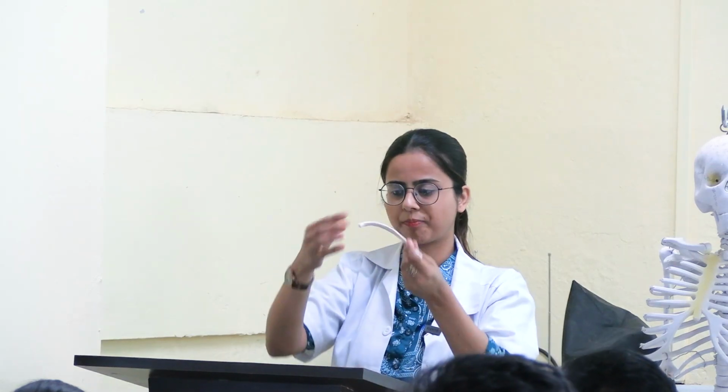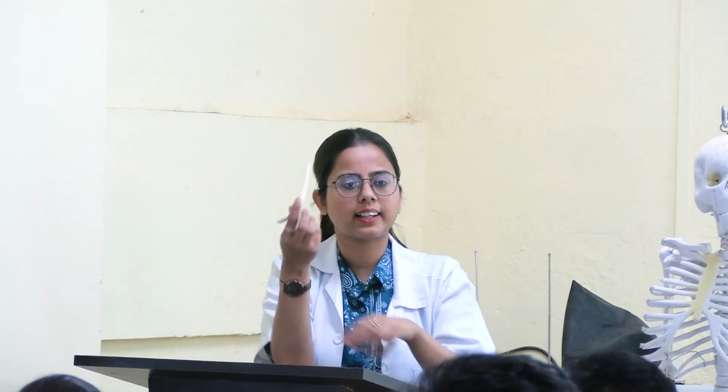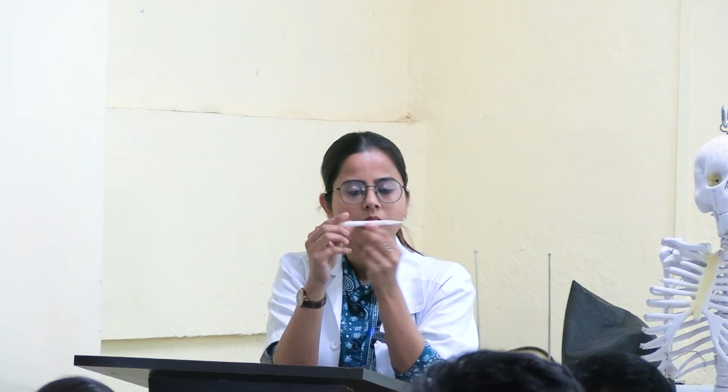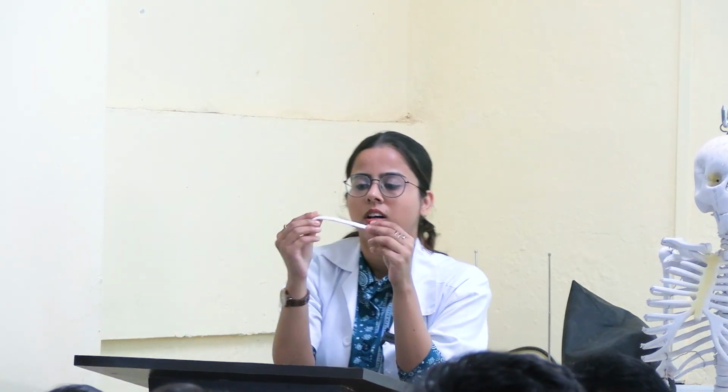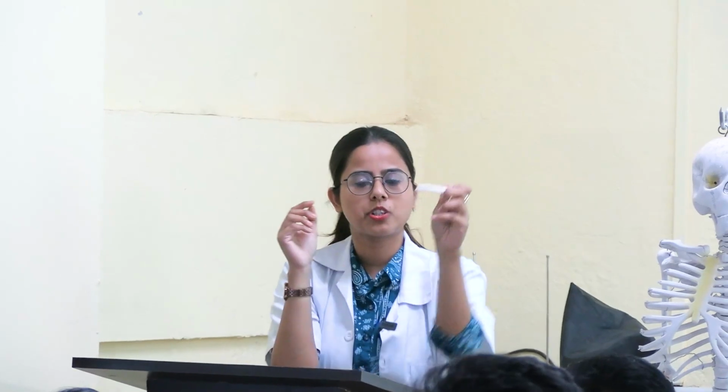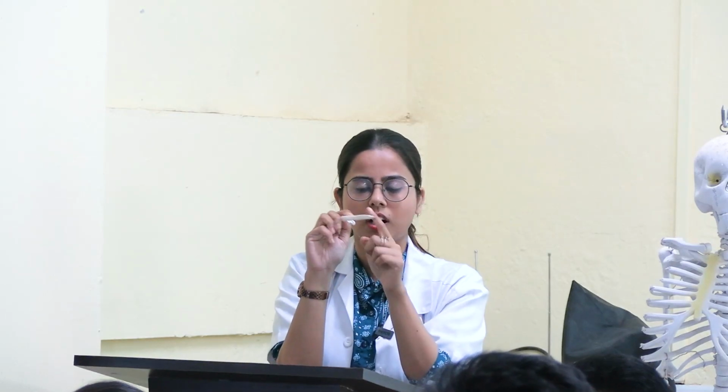Now 12th rib. This is your 12th rib. Again, you can understand that it is smaller as compared to the typical rib. The anterior end is pointed. It has no costal groove. In the 11th rib, the costal groove was shallow, but the 12th rib has no costal groove. Shallow means less deep. And it does not have any tubercle, no neck, nothing, and the anterior end is pointed.